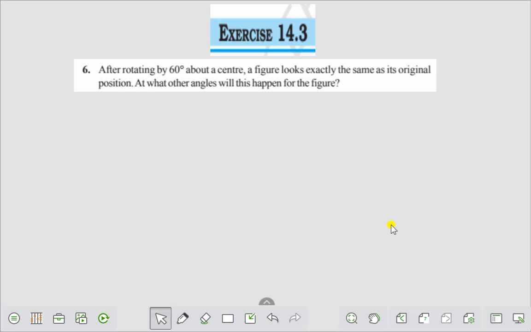Exercise 14.3, question number 6. After rotating by 60 degrees about a center, the figure looks exactly the same as its original position. At what other angles will this happen for the figure? This can be observed. The solution of this problem is